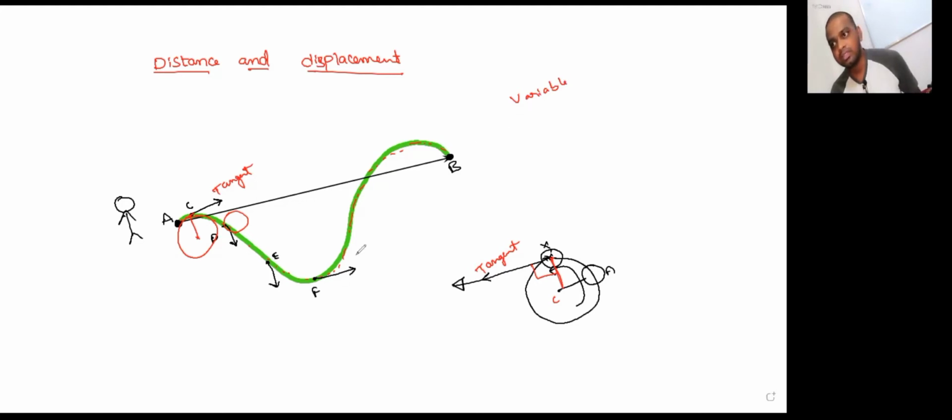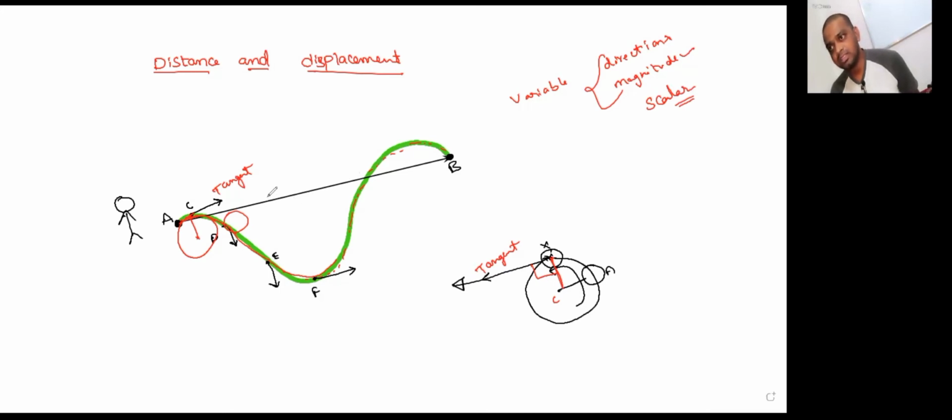But we can measure the distance from point A to point B by using a thread or any other instrument. Clear? So the distance will not have a particular direction, but it will have magnitude. Magnitude is nothing but a number. We can measure the value. So the quantity which has only magnitude but not direction is called a scalar. That's why we consider distance a scalar.